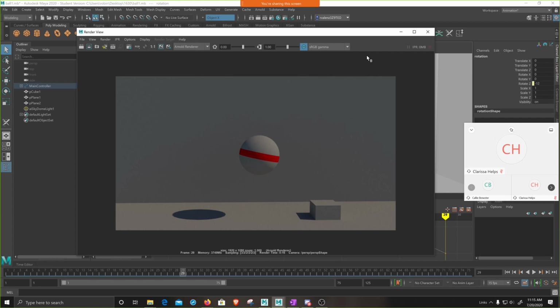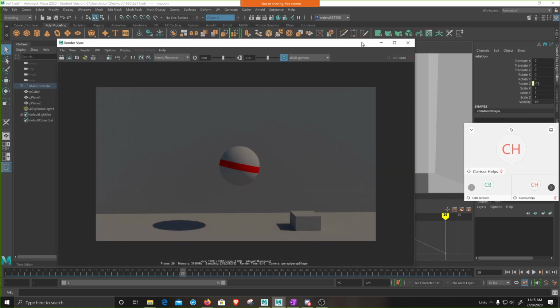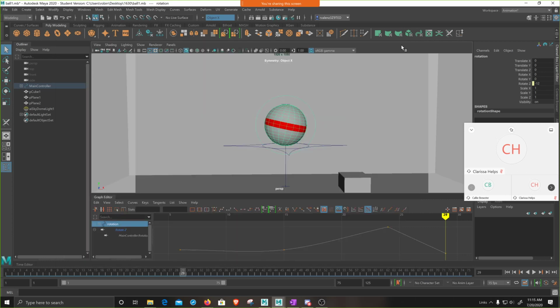Your computer will be rendering forever. So what you would do if that happens to you, if your computer is not fast enough to render this much, you can halve the movie. So you go back to your render settings